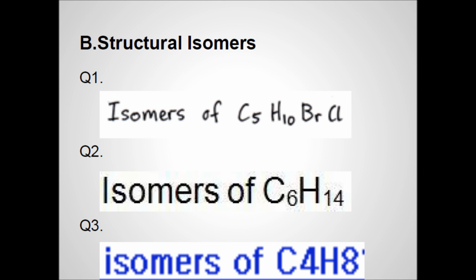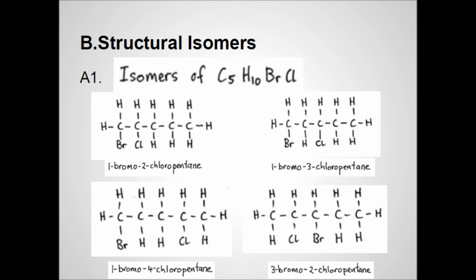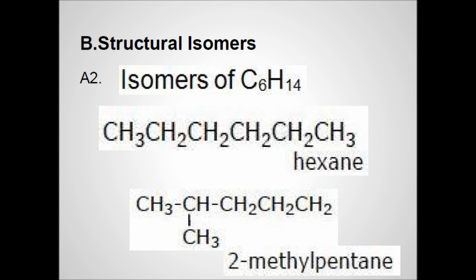Now try to draw and name 2 isomers for each question. For question 1, it is 1-bromo-2-chloropentane, and you can switch the position of chlorine with the other lines and their names would be 1-bromo-3-chloropentane, 1-bromo-4-chloropentane, or 3-bromo-2-chloropentane. For question 2, isomers of